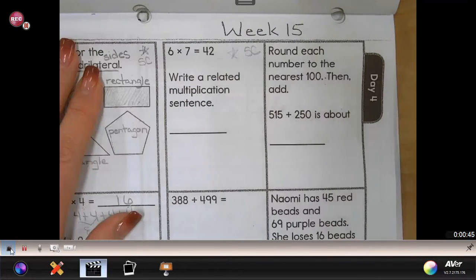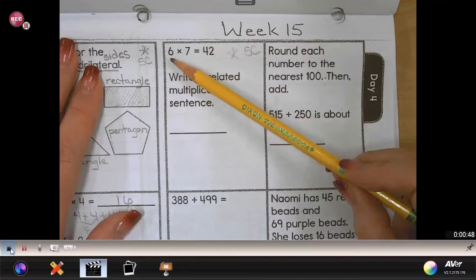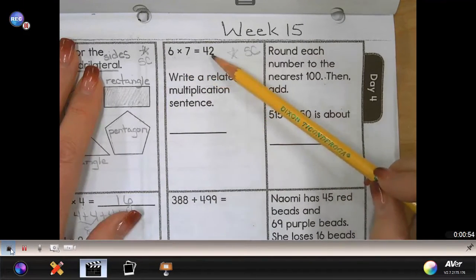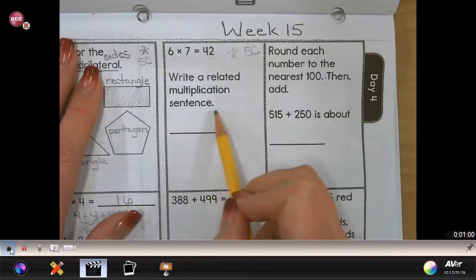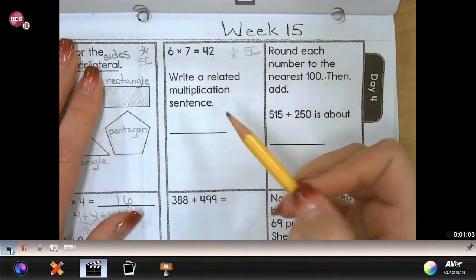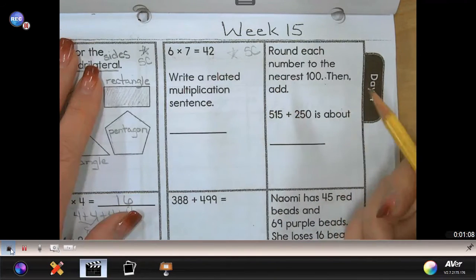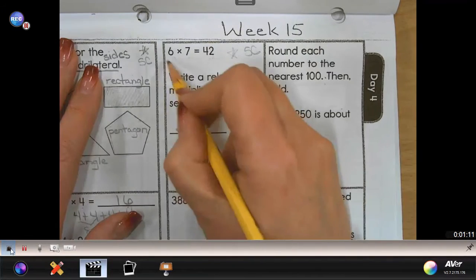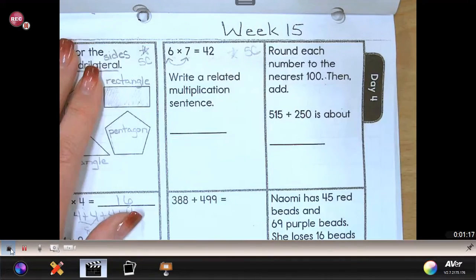So our first problem asks us, we have an equation here. We have a factor of 6 times 7 is our second factor. Our product is 42. So 6 groups of 7 equals 42 total. It says write a related multiplication sentence. Now, when we write a related multiplication sentence, we have to remember that we have a property called the order property of multiplication, which tells us that we can switch our factors and the product is still going to be